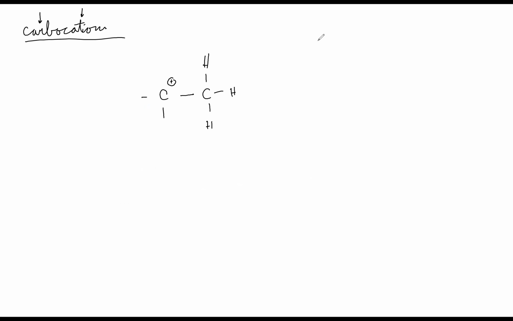Whenever we have a positively charged, sp2 hybridized carbon, it's going to have an empty p orbital, because remember there are 3 p orbitals. If we have sp2, then one of those p orbitals is not being used, and that's represented here by this orange bubble. So when we have a carbon group next to our carbocation, it's going to share some of the electrons in one of its bonds with that empty p orbital. This is something called